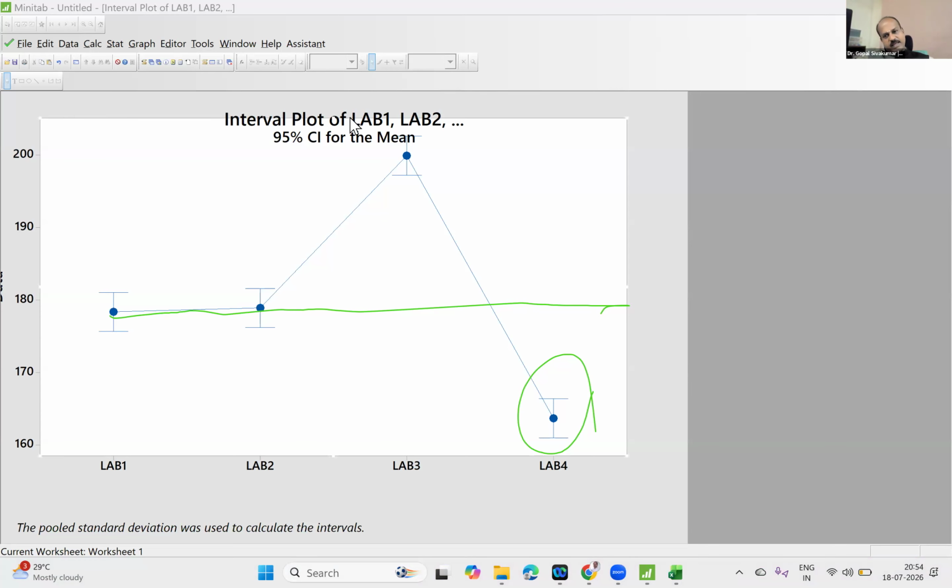If you are looking for a higher turnaround time, then you have to be choosy with the lab. If you are looking for a lower turnaround time, then also you have to be choosy, right? Because the factor lab has a significant effect. If you think all the 4 labs will give the same experience, then you will certainly have a disappointment or dissatisfaction. So this test is known as ANOVA.